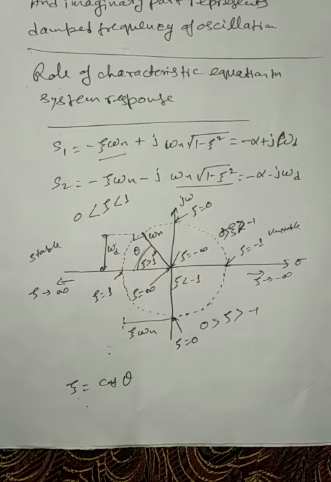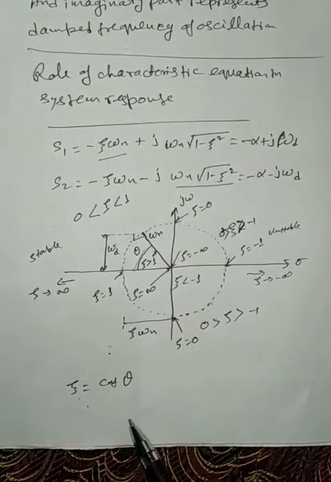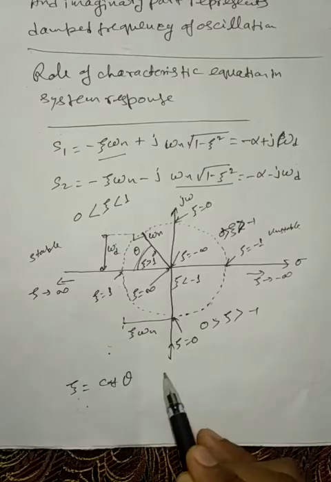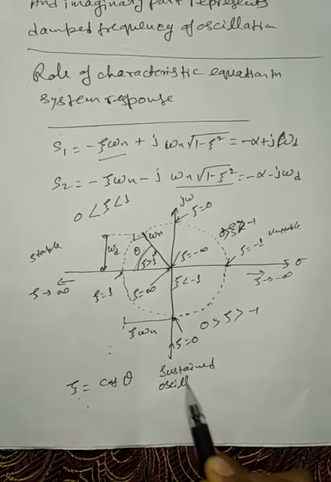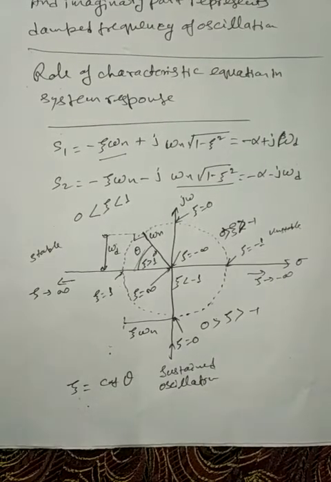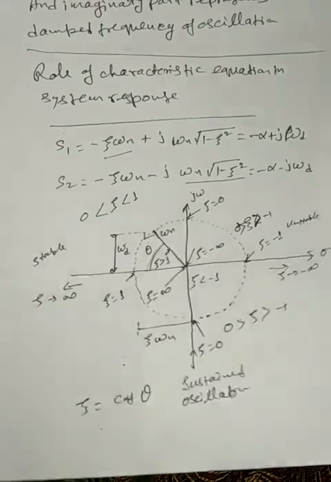The imaginary axis corresponds to zero damping, this line. This corresponds to zero damping, that is zeta 0. Therefore, this is for sustained oscillation, or marginal stability. Right? So, classification of the system with respect to zeta can be given as